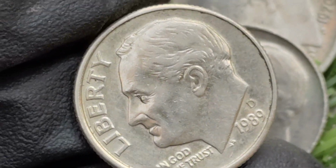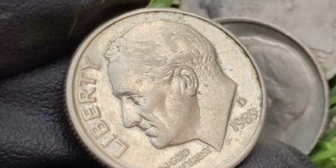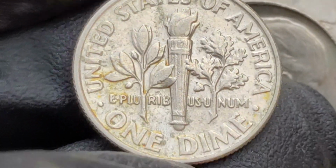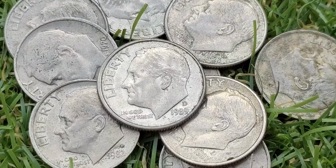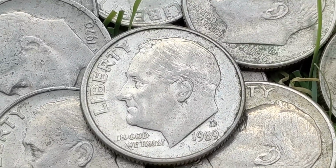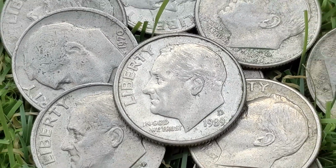Conclusion. The 1989 D Roosevelt dime is a rare coin with limited value in circulated condition. Uncirculated and high-grade examples can be worth slightly more, especially if professionally graded. While it's generally a rare coin, collectors always keep an eye out for error varieties, which could increase the value significantly. If you suspect you have a high-grade or error coin, it might be worth getting it certified to determine